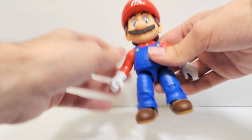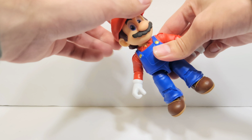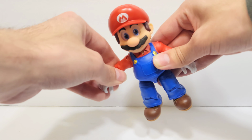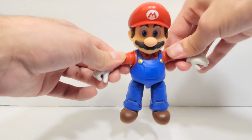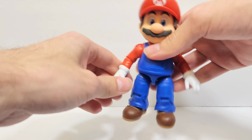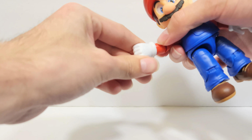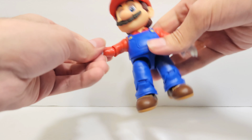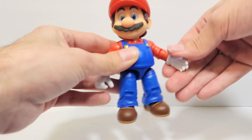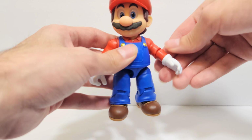Now for rotation, Mario rotates a little bit at the head. You can probably do 360, but I wouldn't risk it. You can move the joints up and down, all the way around 360. You can rotate at the elbow joints. Really nice. And as well at the wrists. Same for the other arm. It has the same gimmicks. Really cool. Just a different pose. You can tell this one's for gripping a weapon, and this one's just